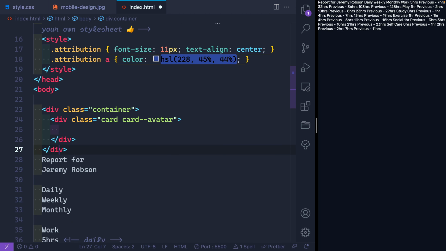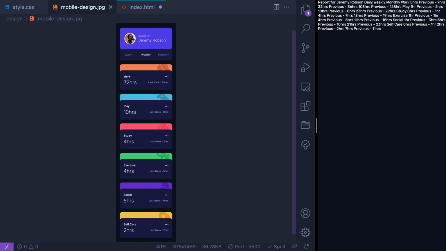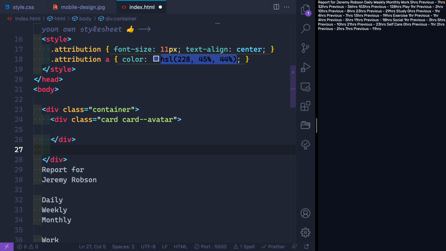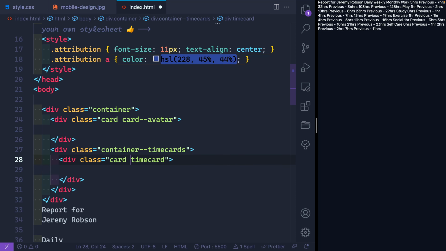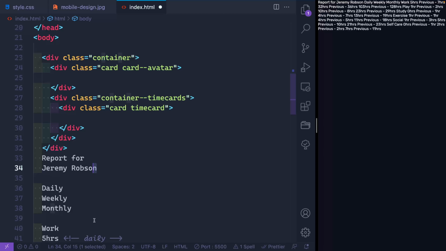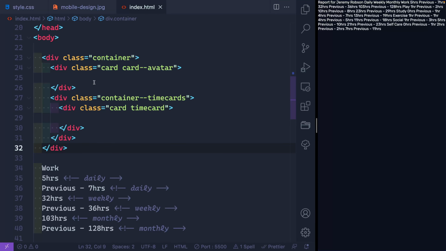All right, so then inside here, well, I guess we'll also have a bunch of other things inside of a card. What are we going to call that? This is a time tracker, so we could just do like time card, something like that. So let's do card container, time cards. And then inside here, we'll have time card. And I guess these should also have a card, right? Yeah. So we'll eventually template this whole thing out, but for now, we just need this, I think, for the